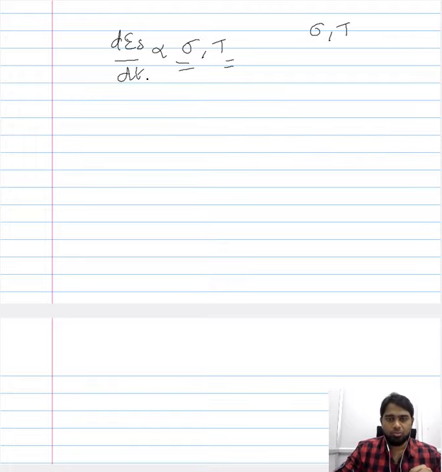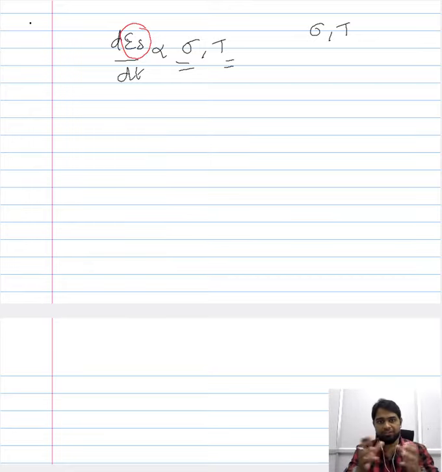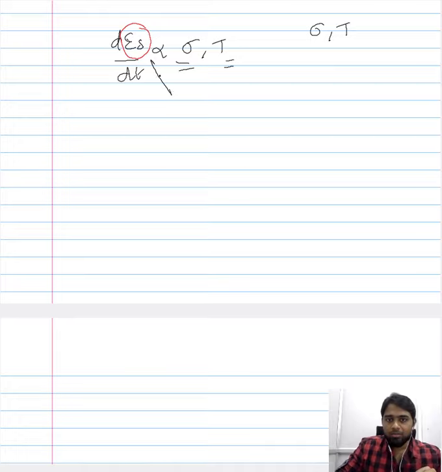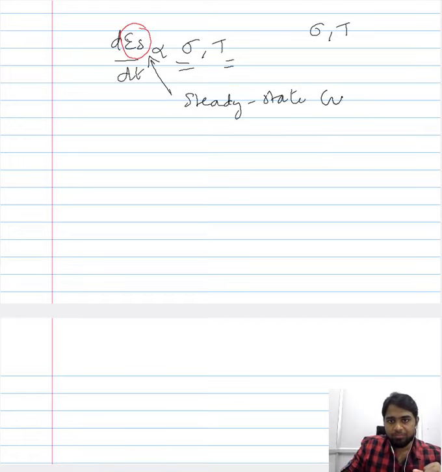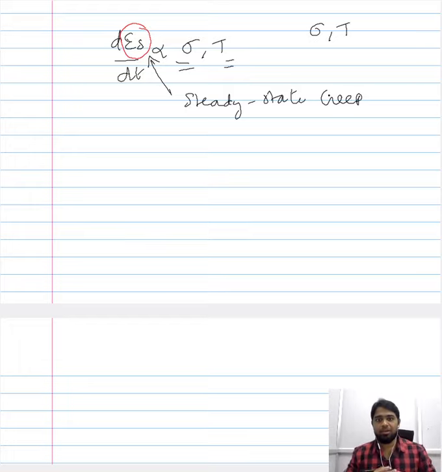Now it is important to note that whenever we talked about the creep rate in the context of the creep mechanisms, we largely focused on a particular stage of the creep, that is the steady state stage. All the expressions that we derived for the different creep mechanisms exclusively talk about the steady state creep rate. They do not talk about any other creep rate.